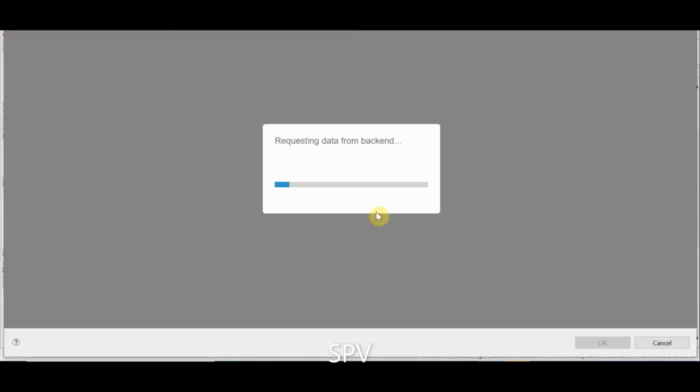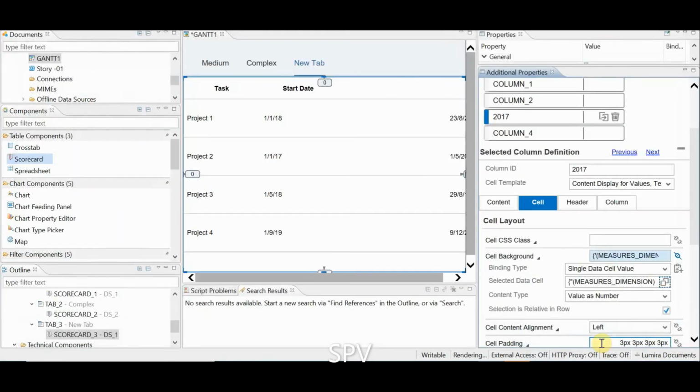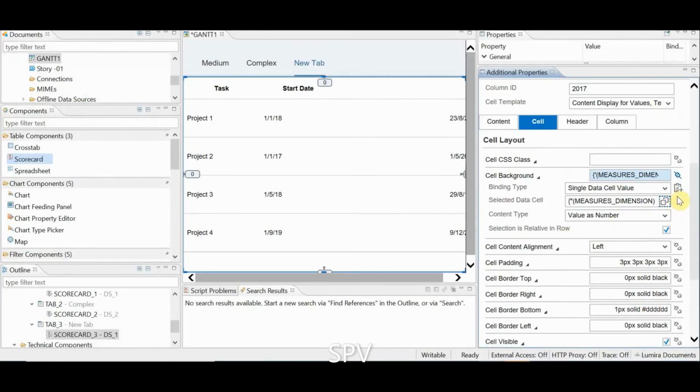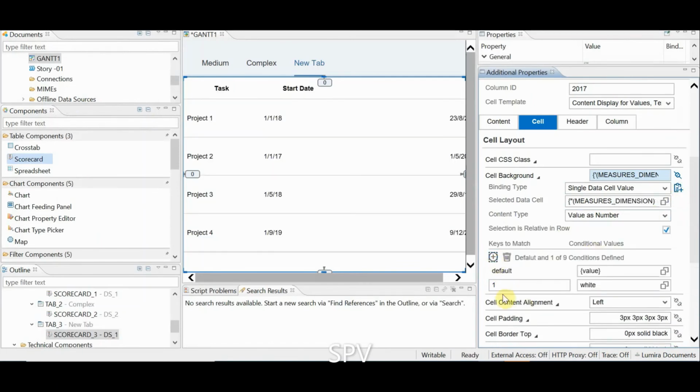I'm selecting 2017. Then I click this button, and if the value is two, I'm setting a green color. So a project that started in 2017 is getting highlighted in green.